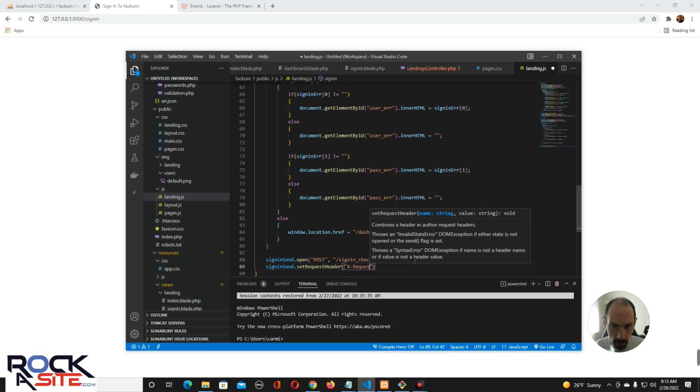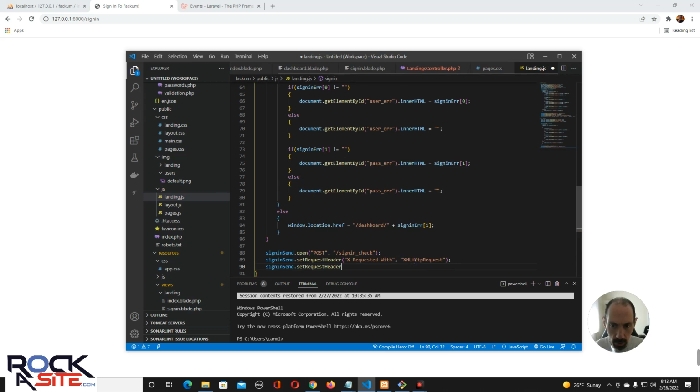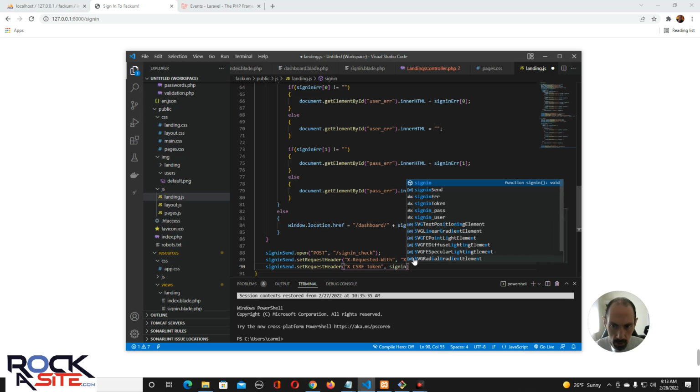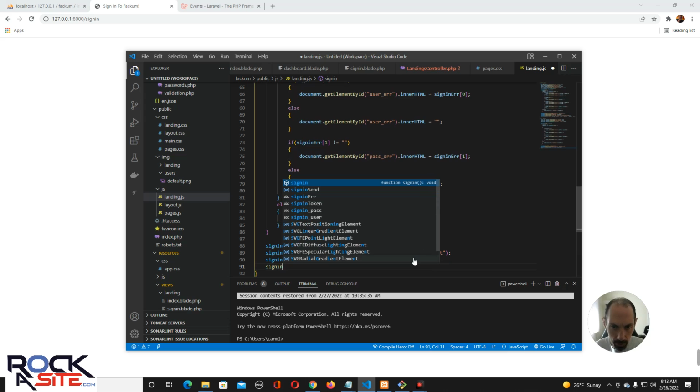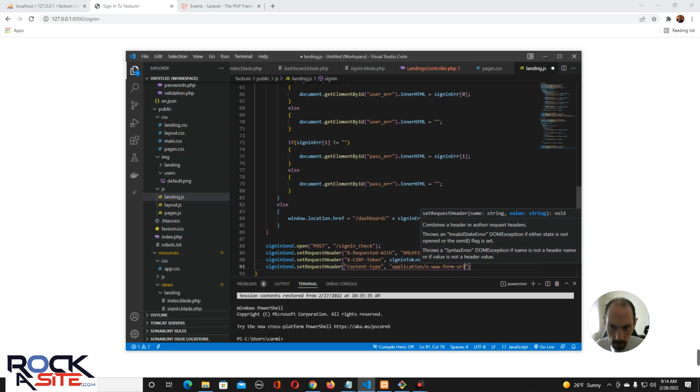X requested with XML HTTP request. Sign in send. Set request headers. X CSRF token. Sign in token. Alright, sign in send, set request header, content type. We're using the application X www form URL encoded,